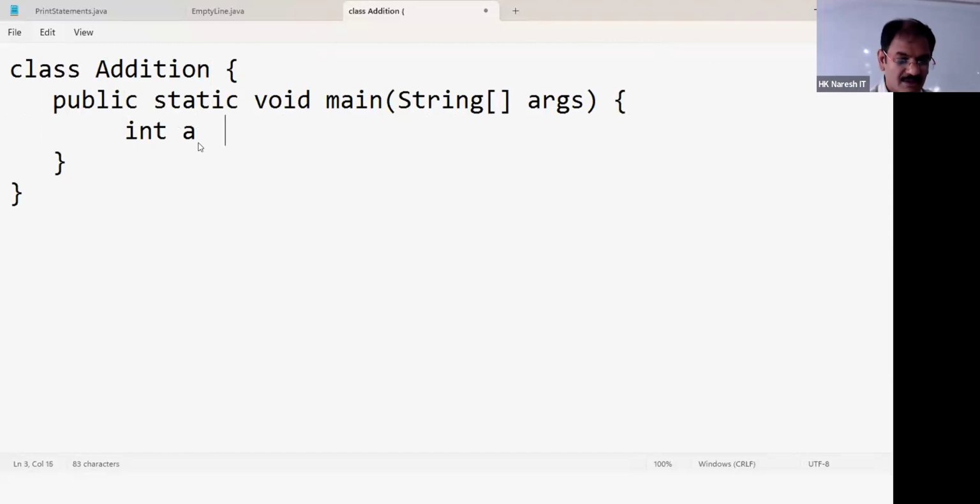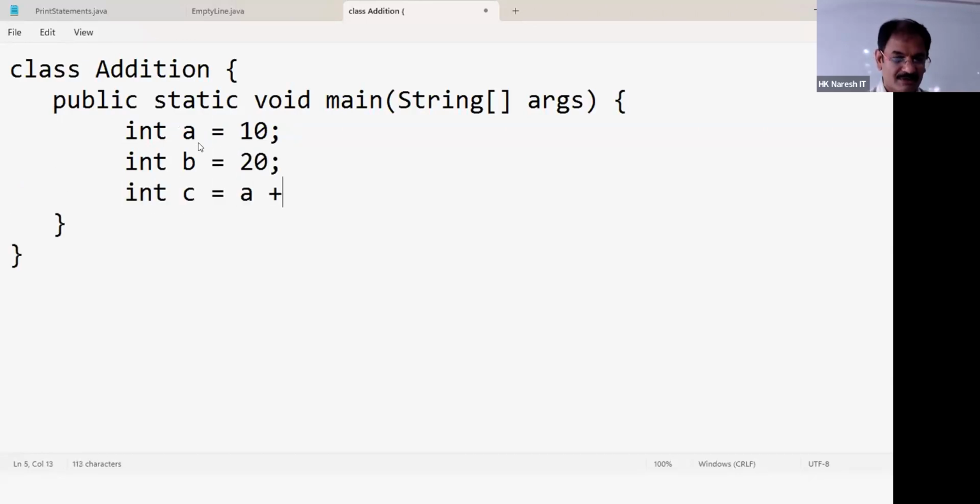Int a equals 10. I don't know how to create a variable, I also don't know, I memorized it. If you want to create a variable, I should use something called int. Next. Int b equals 20. Next. Int c equals